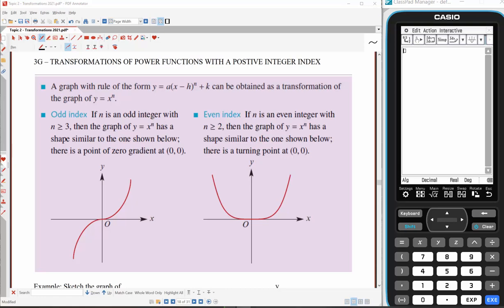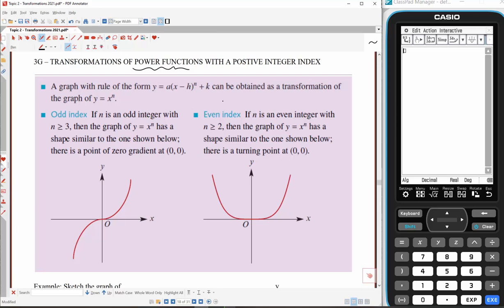Last lesson we looked at transformations using matrices. We're going to backpedal a little bit and just fill in the last couple of gaps in our work. So 3G, transformations of power functions with a positive integer index. Hopefully this is not really new to you, and you'll be comfortable recognizing power functions with positive